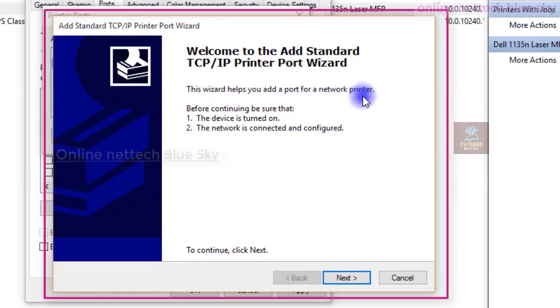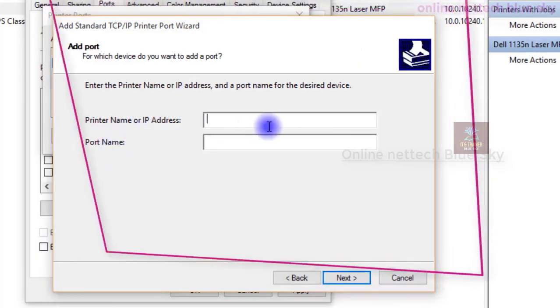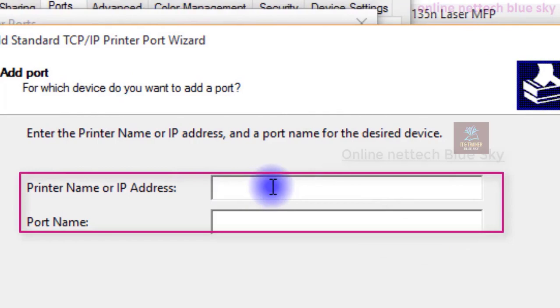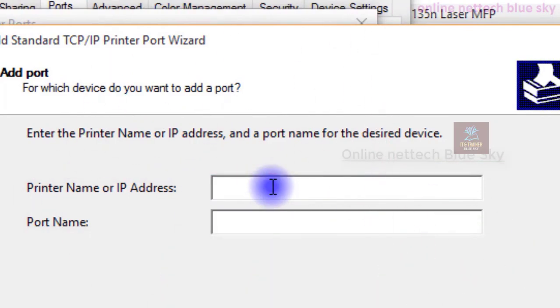So this gives an additional port system here, and you set up a new network communication for the network printer here. First click next, and give the IP address or network name of the printer you are installing here. So your printer name or IP address is assigned to this port here. I gave the first IP address, and you can see it automatically adds the port name here.